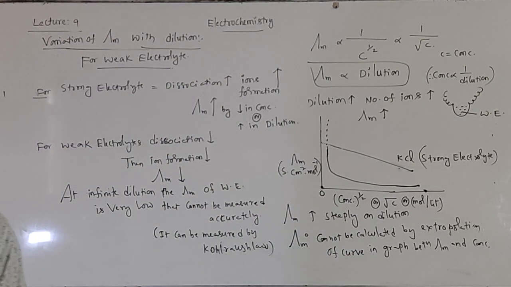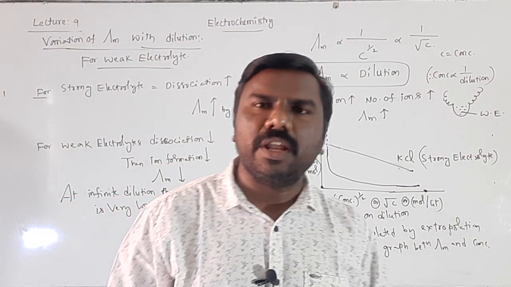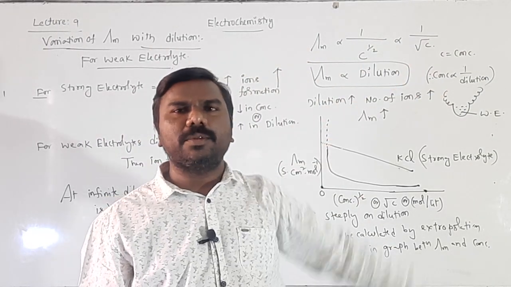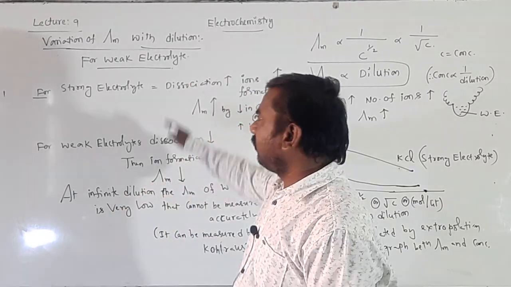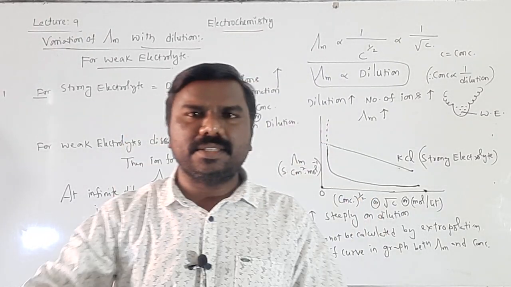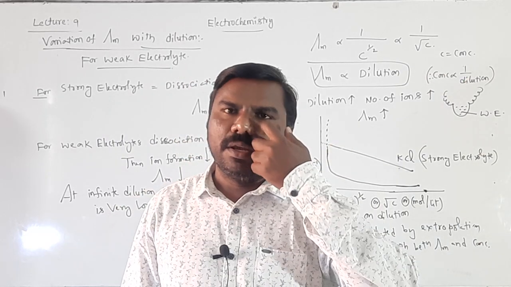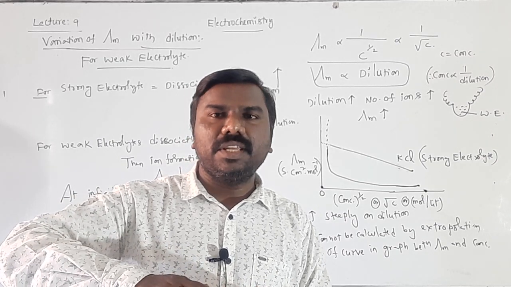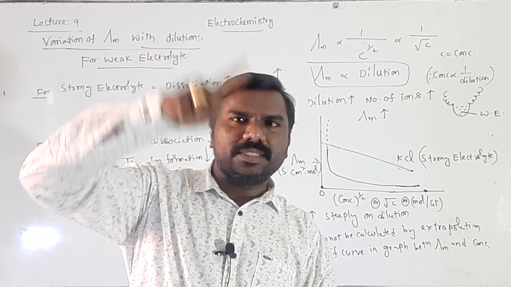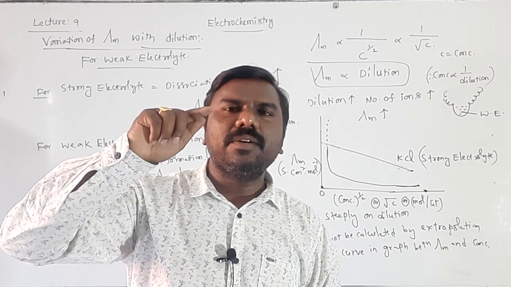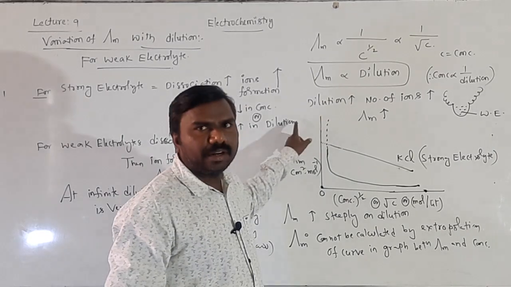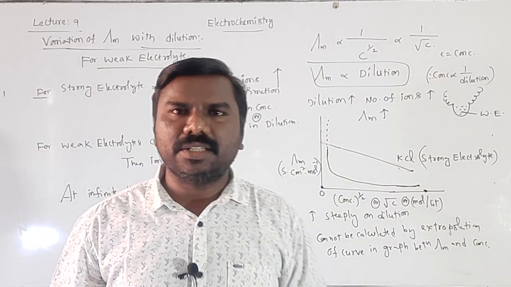Right? Okay. This is about variation of molar conductance for strong electrolytes. Same reason, inverse proportionality; dilution means direct proportionality. Generally strong electrolytes have more, weak electrolytes less at a given concentration. Reasons everything given. But at infinite dilution, the molar conductance of a weak electrolyte increases steeply, suddenly. It's very difficult to calculate at 0 concentration because when I extend this curve, it will not touch the y-axis. Understood all of you students?